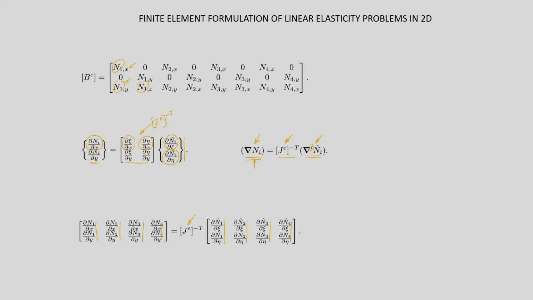then we got the corresponding gradients in the physical element. If I put a value of xi and eta, because these derivatives of the shape function are functions of xi and eta, and this Jacobian inverse transpose is also a function of xi and eta, then these values of the derivatives of the shape functions in the physical element will be obtained corresponding to a value in the master element.